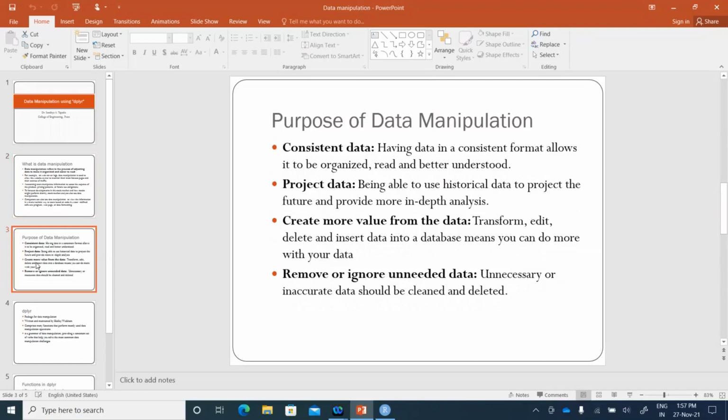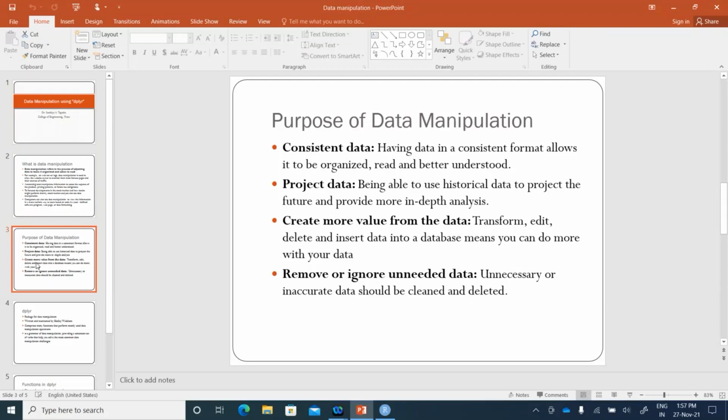We should be able to use the historical data to project the future and provide more in-depth analysis. Then we should be able to transform, edit, delete, and insert data into the database. Means we should be able to do more with existing data. So that is the purpose of data manipulation.